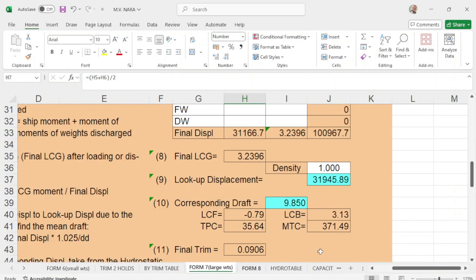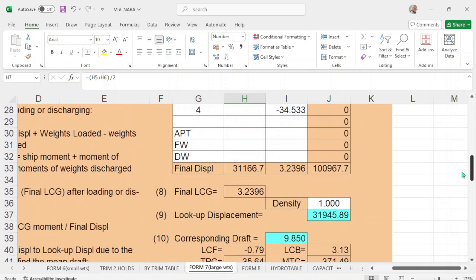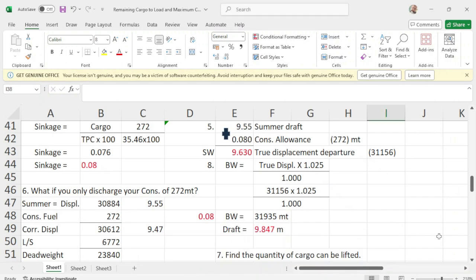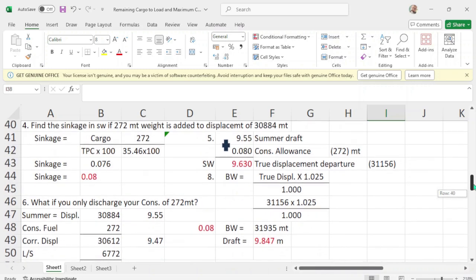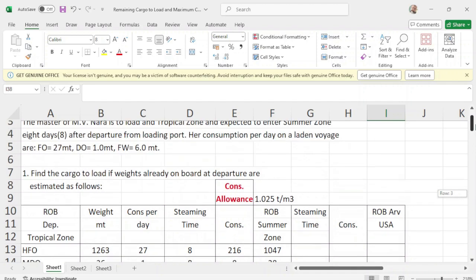this form number 7. You can use this one, put in the density, and for a change of density, this will be your drop of 9.85, which is this one, 9.847 or 9.85. Okay, so that will be your brackish water when he asked